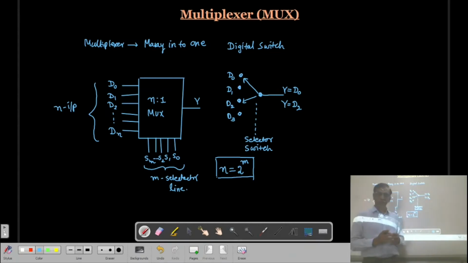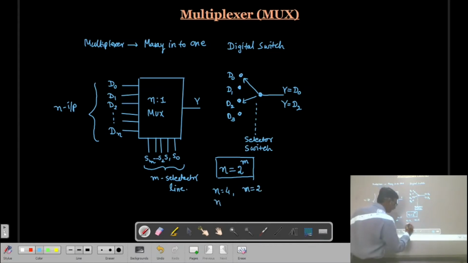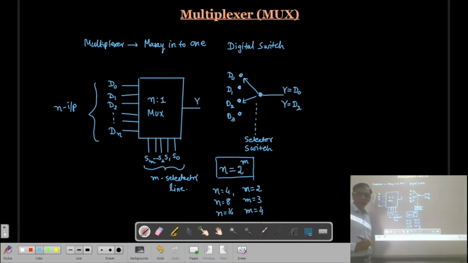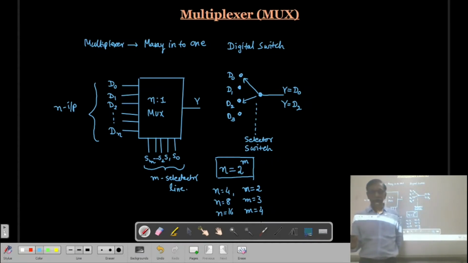So, if my inputs are 8, then m will be equal to 3. If the input is 4, then the number of selection lines will be 2. If the n input lines are 8, then the selection lines will be 3. If it is 16, then the selection lines will be 4. Accordingly, we can have a 4-to-1 multiplexer, 8-to-1 multiplexer, and 16-to-1 multiplexer.